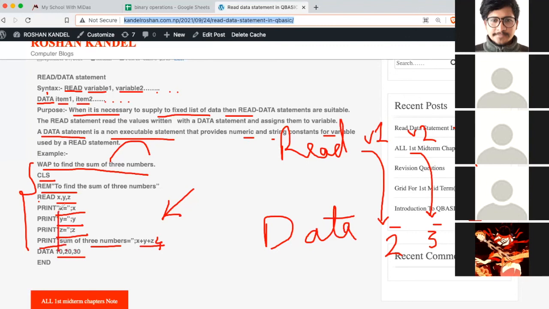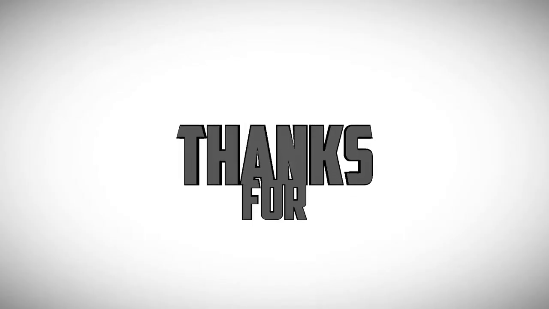Now X will take 10, Y will take 20, and Z will take 30, and the output will be: sum of the 3 numbers is equal to 60, and this way the program ends. Do you understand this?